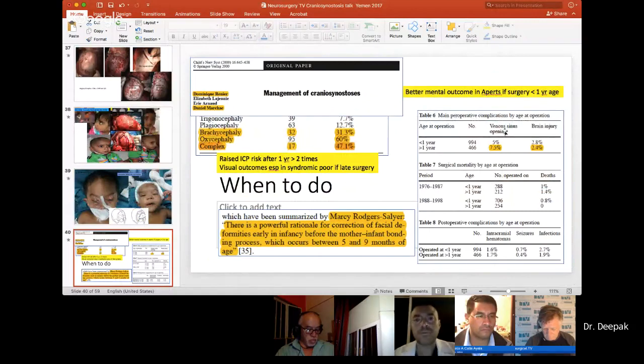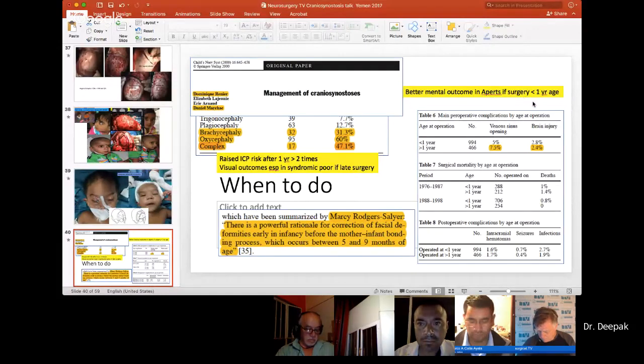It has been seen the incidence of raised intracranial pressure is high after 1 year of age, and in syndromic variants. You can see out here in brachycephaly and complex craniosynostosis, the incidence of raised intracranial pressure is up to the tune of 30 to 47%. And of course, the better mental outcome is also noted in children of Apert's if you do surgery less than 1 year of age. So my personal recommendation is the best time to operate these children is after 6 months